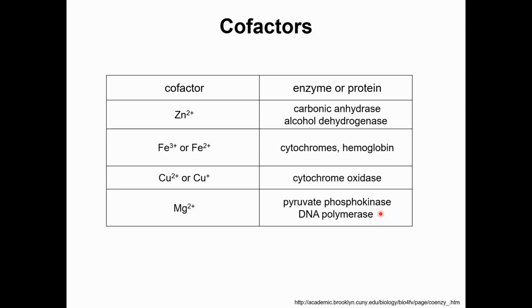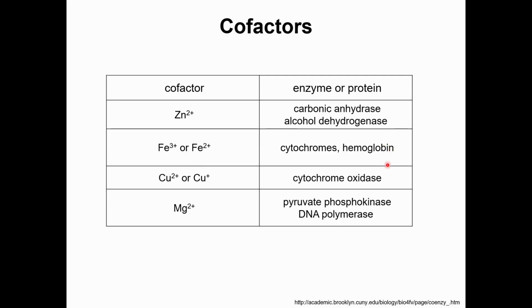Okay. So I also want to mention that enzymes oftentimes have cofactors associated with them. And usually this is a metal ion of some kind or another. So a lot of enzymes at their active site have zinc or iron or copper, magnesium atom that's held in the active site of the enzyme. And the reason this is so common is that these metal ions can undergo different oxidation states, so they're involved in electron transfers and things like this.